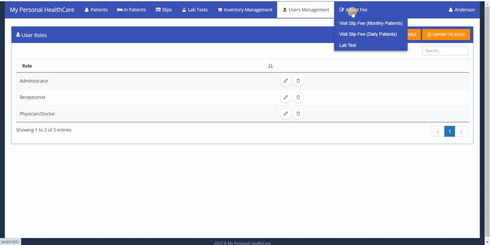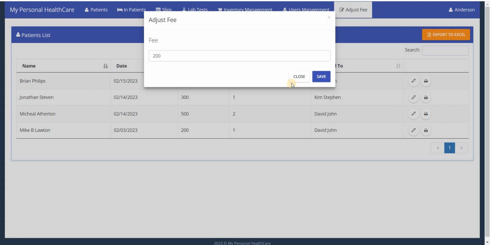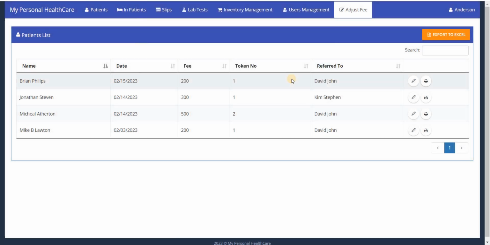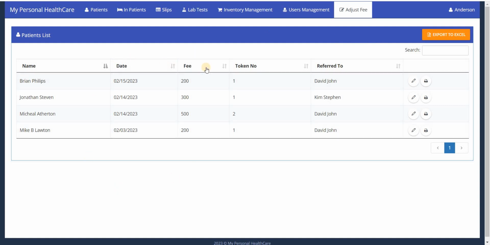Then we have the adjust fee feature. If a patient has paid more fee or has paid less fee and on any other date he or she wants to adjust the fee, we can adjust the fee from here. So this was the administrator user. Now I will go to